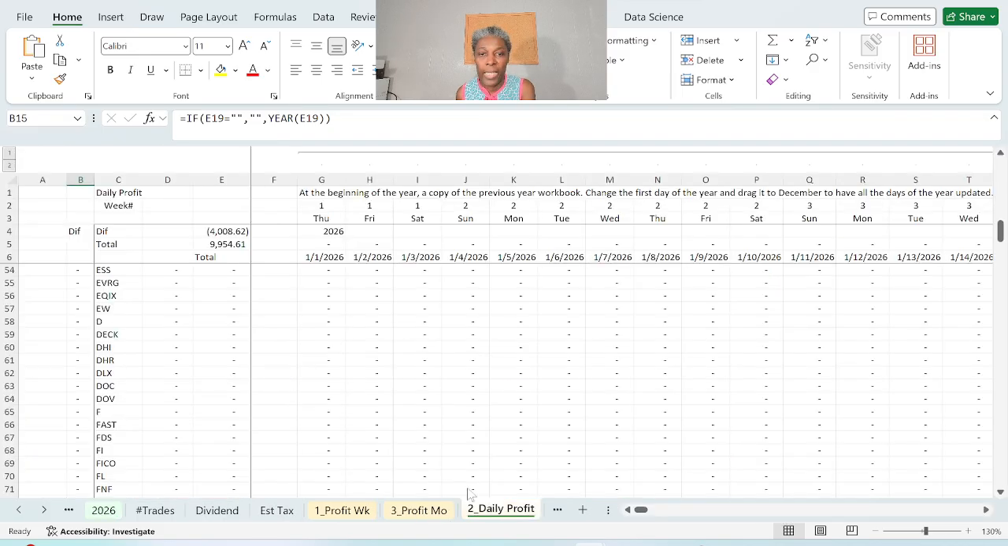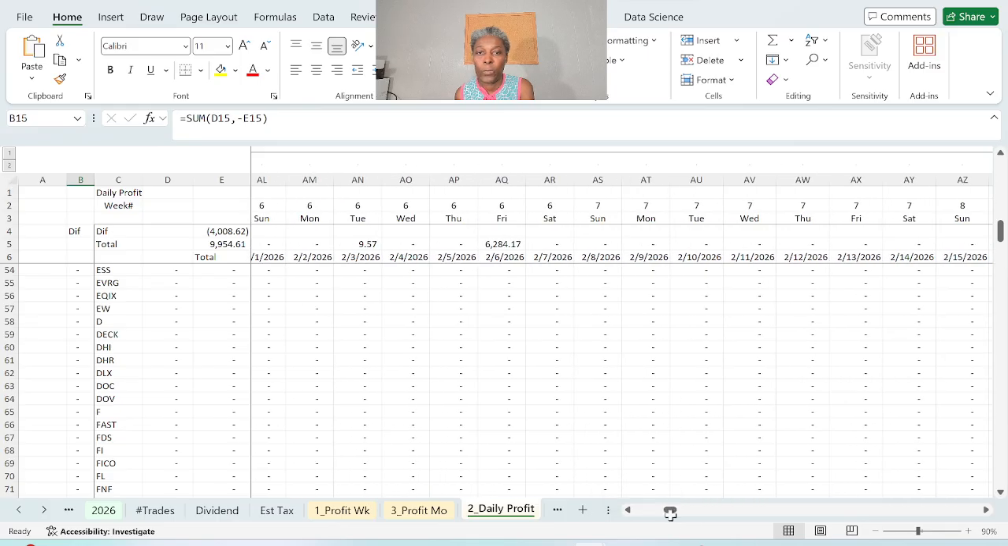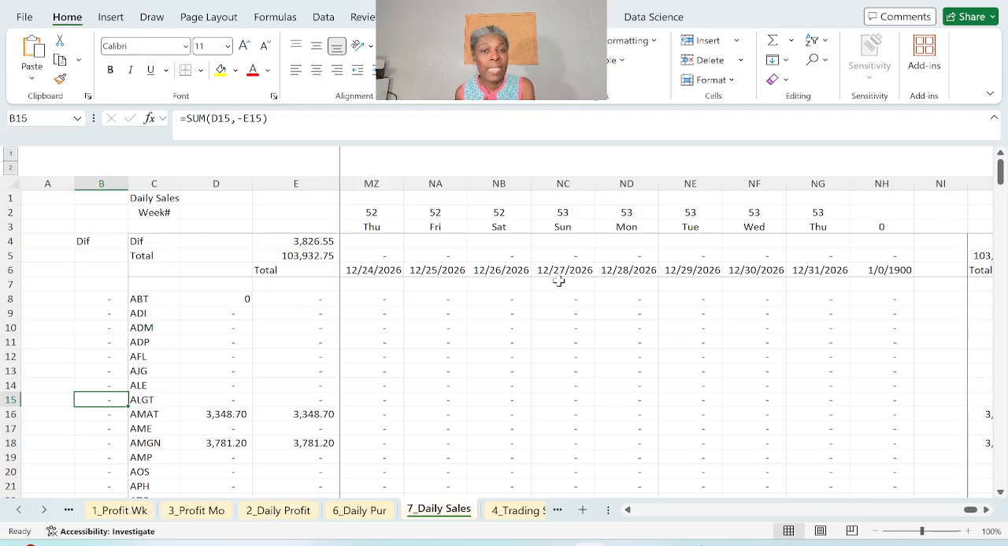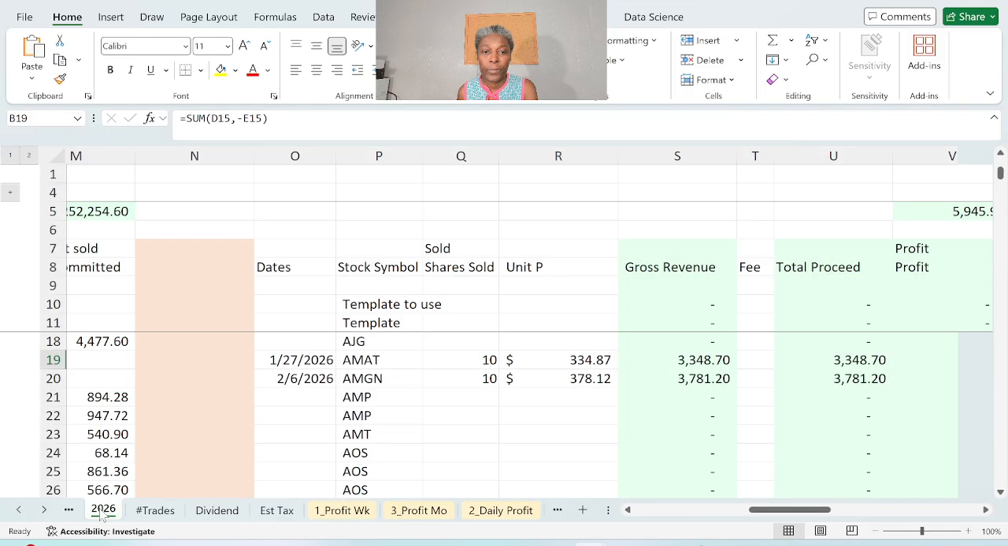So by day, all the days of the year, and it should be able to pull profit based on the day that profit was incurred as well. And then I have daily purchases. So it'll pull data from the purchases side, and I have daily sales. It'll pull my sales from the sales session of that tab as well. We saw we pull profits from that tab. It will pull the sales,